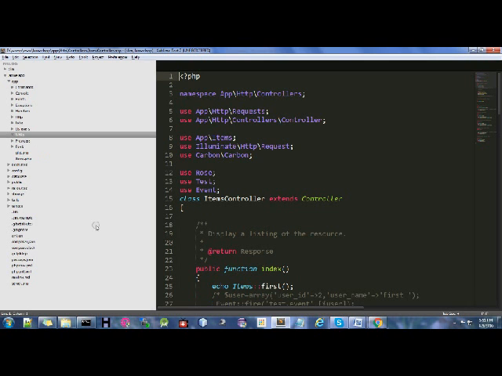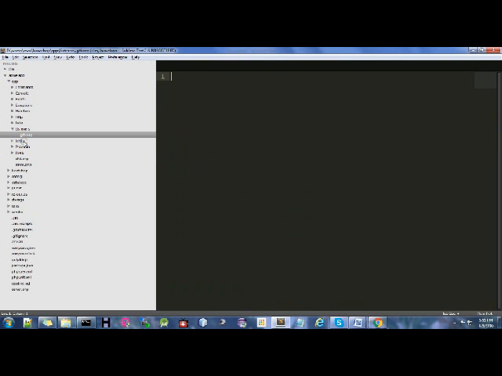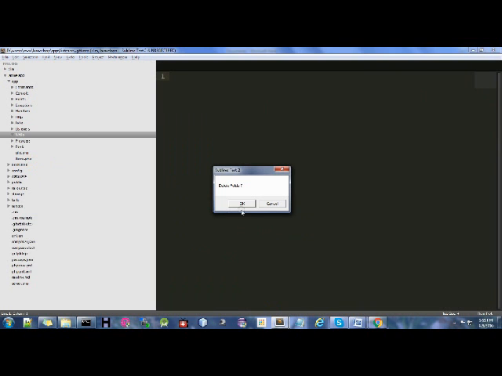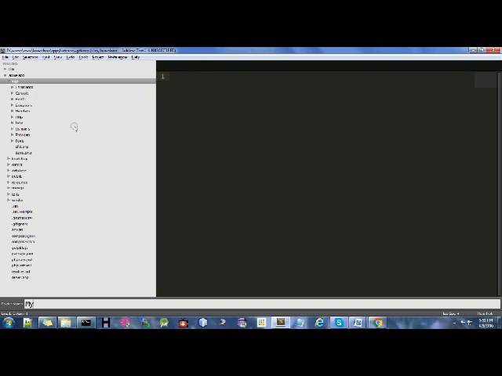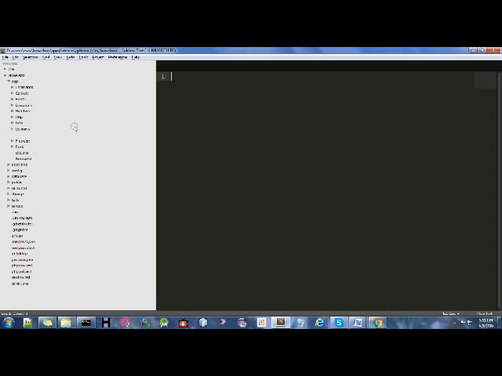Let me create one more directory in the app directory. There was a little spelling mistake with that. So mylib is my directory.